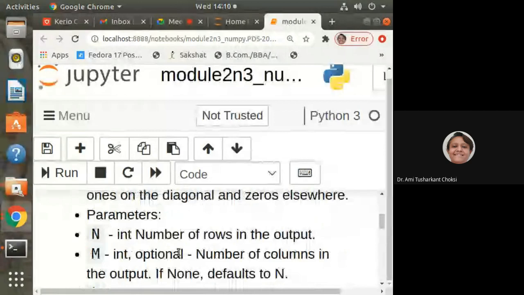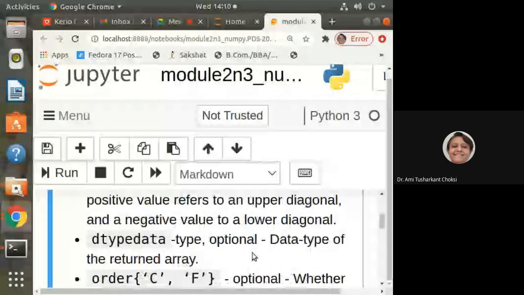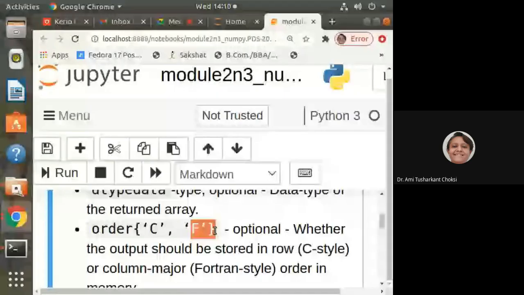What is N? That is the integer number of rows. What is M? It is the integer number of columns, but it is optional. K is an integer, that is also optional, the index of the diagonal. C and F, this is now known to us. C is C style row measure and F is Fortran style column measure, right?